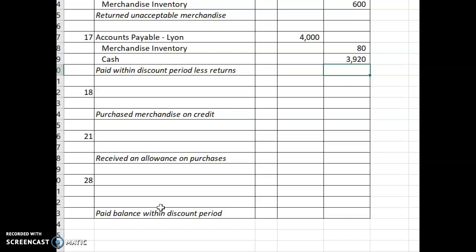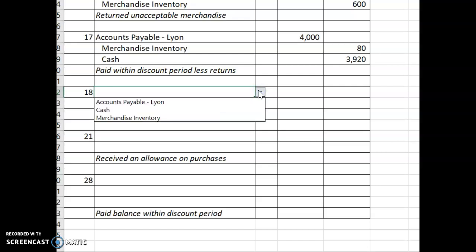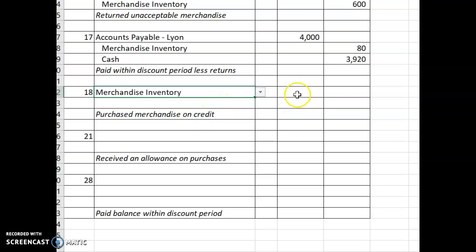Here we purchased $8,500 of merchandise from Frisk Corp with credit terms of 1/10 net 30. So 1% within 10 days, a net of 30. The invoice is dated April 18th and it's FOB destination. FOB destination means that the shipper, the seller, is paying for the freight. Purchase of this inventory will debit merchandise inventory